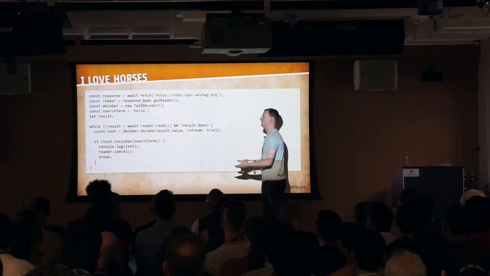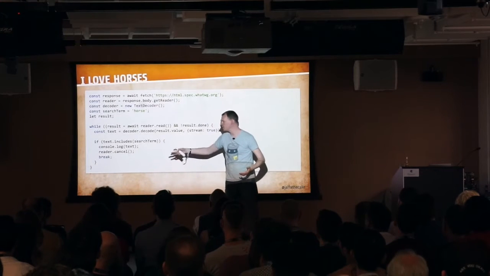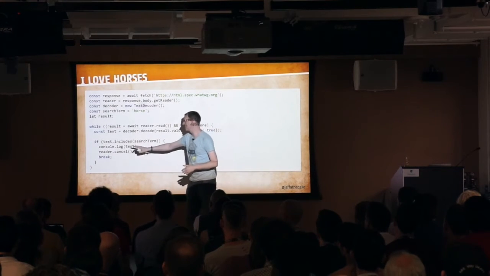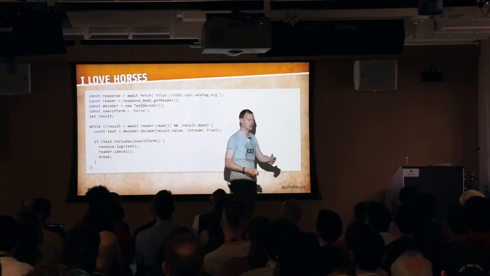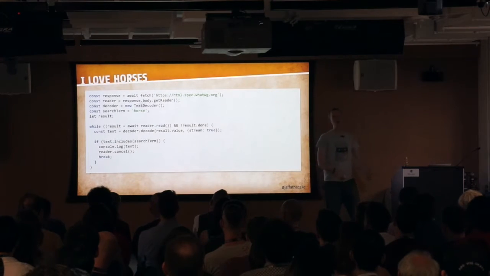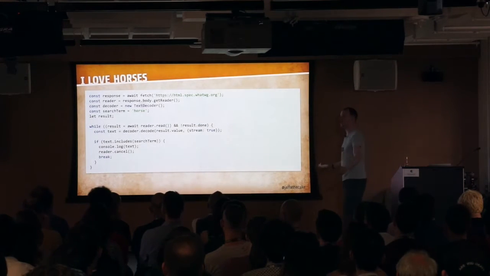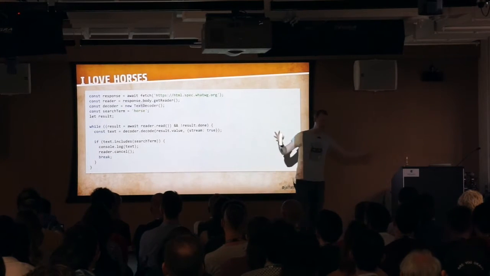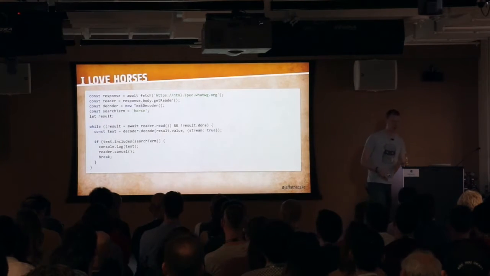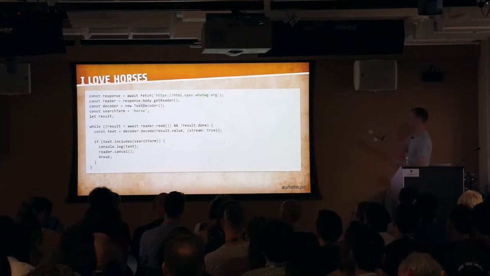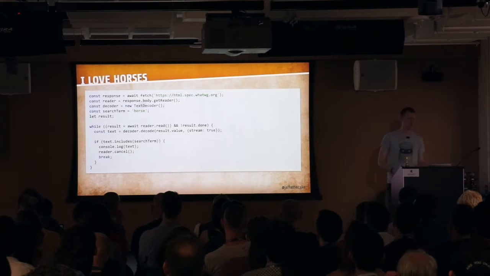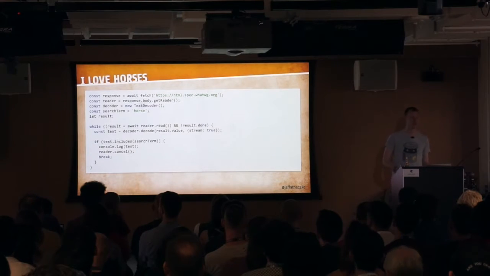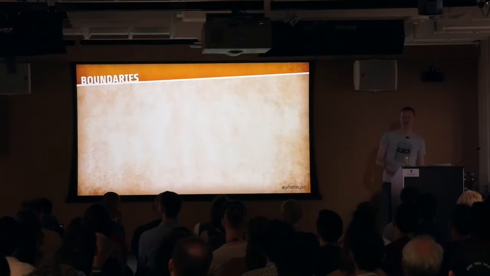So now we've got our string, our text. We can now look to see, does that include the search term, and if so, we can log it out. We can also cancel the stream. This is really useful because it means that we found our match, and now we can halt the download. This is an 8 megabyte document, so if we can find a match in the first 100K, we can stop the download and save the user's bandwidth. But this is actually a pretty buggy implementation. It's got one main bug when it comes to chunk boundaries,